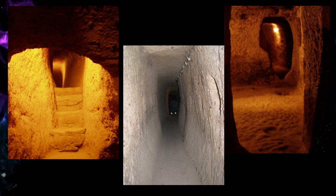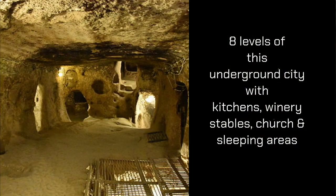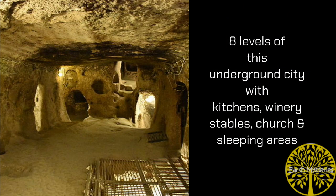There were places like you can see passageways in the center, they'd put steps in, but also up on the right-hand side, there were sleeping spaces, and you could also see how they had hung hammocks from the roofs so that the babies would not be attacked by rats, which were obviously also inhabiting these caves. There were 8 levels to this underground city, and they had kitchens, wineries, stables, churches, and, as I say,